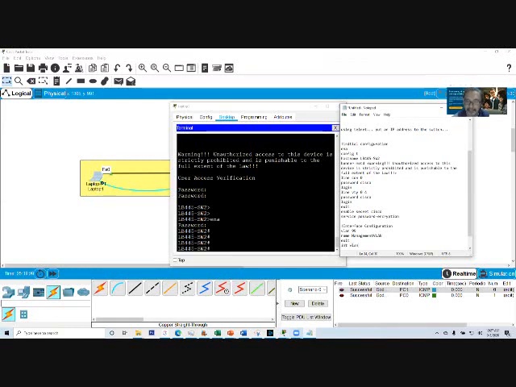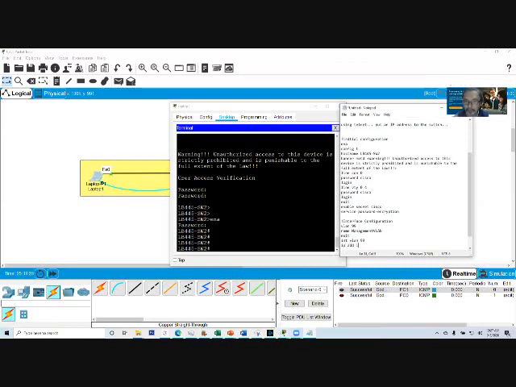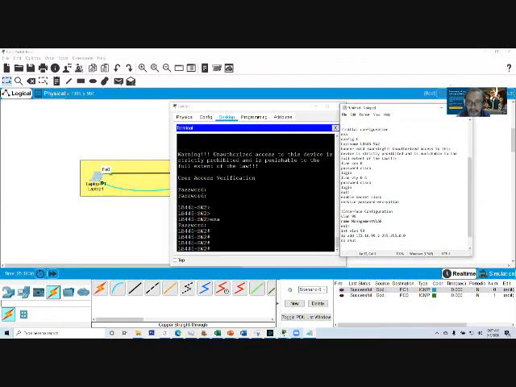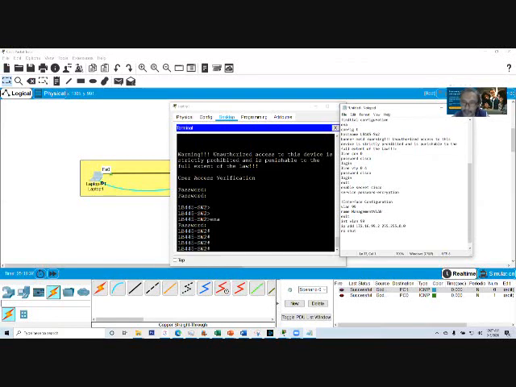So in VLAN 99, then IP address 172.16.99.2. Okay, then 255.255.0.0, enter, now no shut. Then the next thing that we're going to do is to transfer, okay,